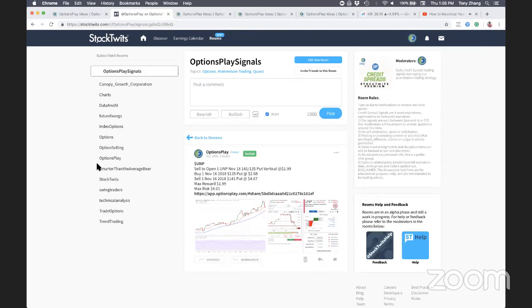Do you trade credit spreads during earnings? Really good question. We have generally found that it's okay to trade credit spreads during earnings, because credit spreads allow you to take advantage of that implied volatility crush that happens after earnings, as long as you get the direction correct. So our research has shown that it's okay to sell credit spreads during earnings. It's not something that you have to avoid.